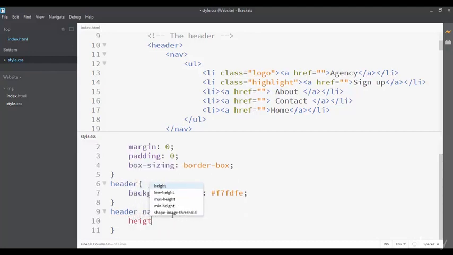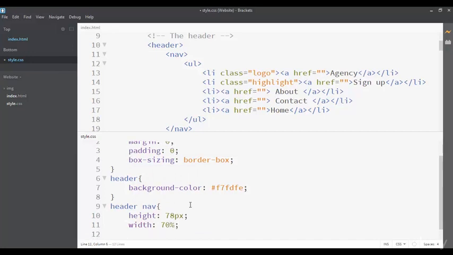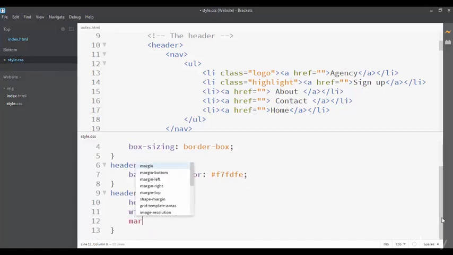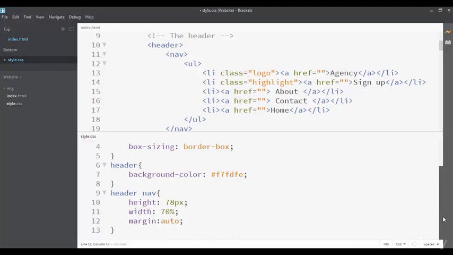So let's give it a height of 78 pixels and a width of 70%, and if you add the margin auto, the browser will center it horizontally. So let's add a padding of 60 pixels from the bottom and the top, and 10 pixels from the left and the right. So if you save it and click on live preview,